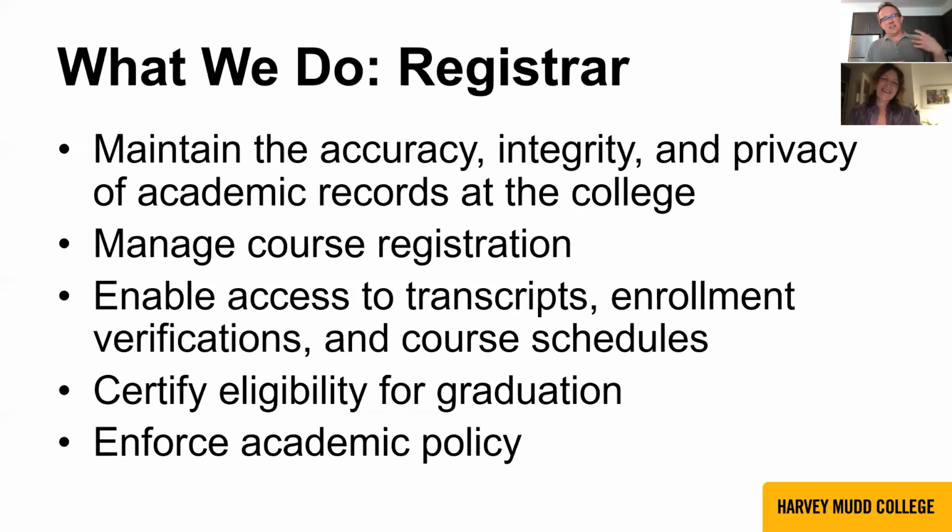Our responsibility extends to course registration, and from a student perspective, transcripts, enrollment verifications, like good student discounts for auto insurance, that kind of thing. Course schedules, certifying your actual eligibility for graduation. We're the ones who end up putting the seal of approval on your transcript and on your degree completion before it goes on to the faculty and the Board of Trustees for the formal conferral and the pretty piece of paper that you will be getting as you walk across the